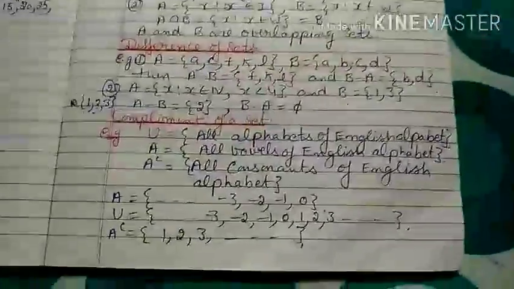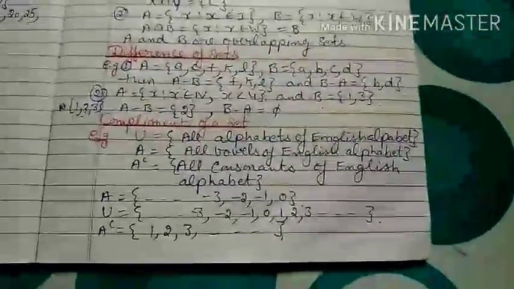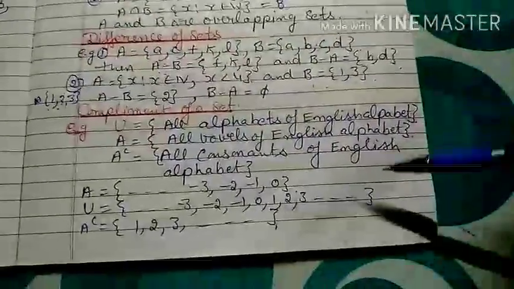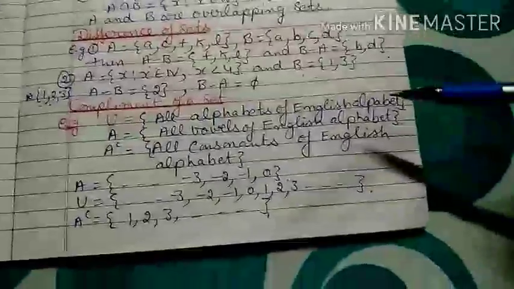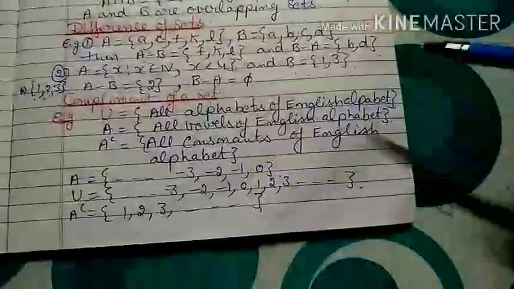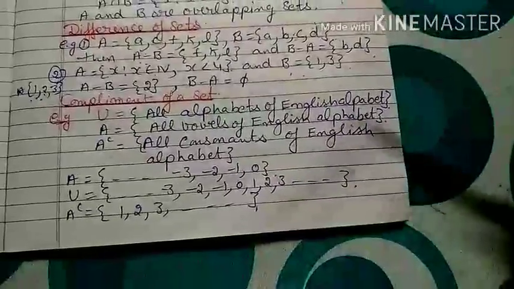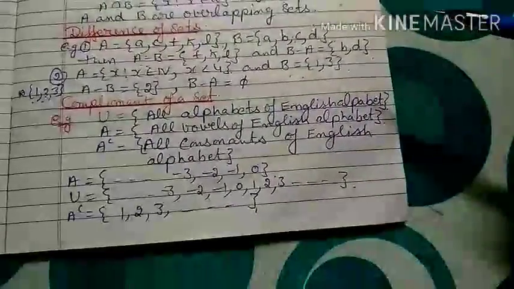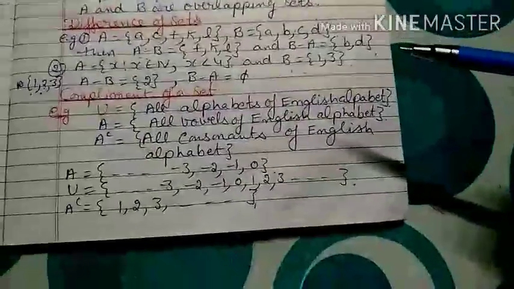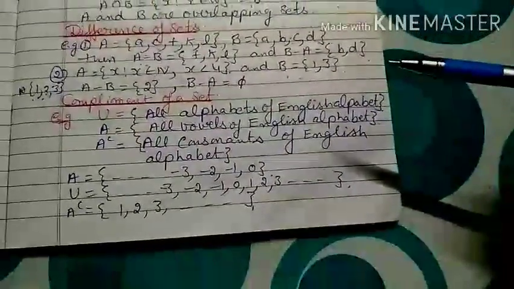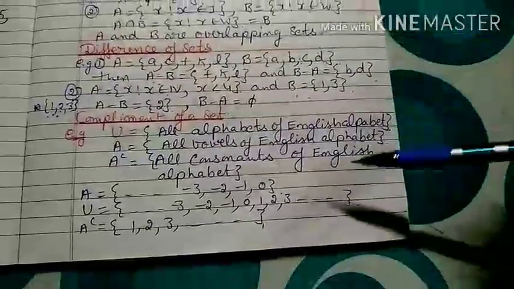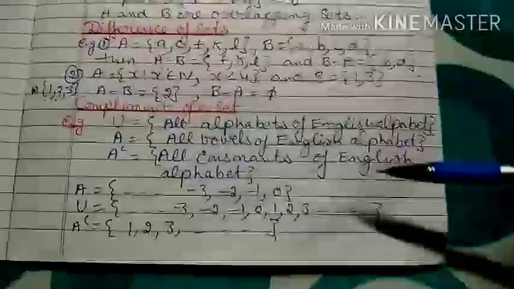Or we can say that in the universal set all sets are present, and if you have to compare with a particular set, compare it with the universal set. Suppose some elements are not present in A but present in the universal set. Universal set is our sample experimental set from which we make a number of sets. So those elements which are present in the universal set but not in set A, we call A complement.